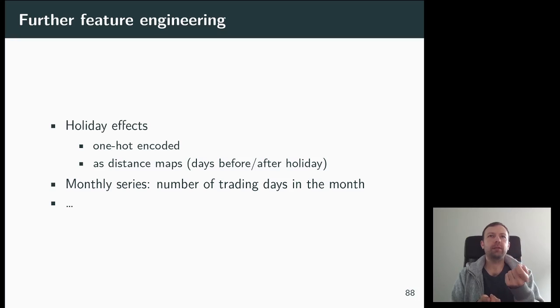today is Christmas, so you have a 0. Yesterday was basically one day before Christmas, so you have a -1, -2, -3. So a variable that encodes how far you are away from such a public holiday. The idea is that public holidays very often are not just on the day, but the day before would already be a bit different, and the day afterwards as well.